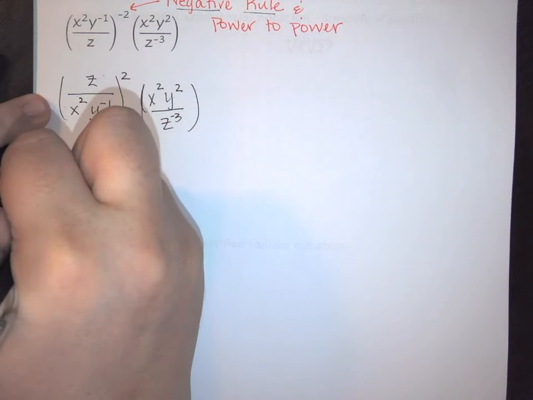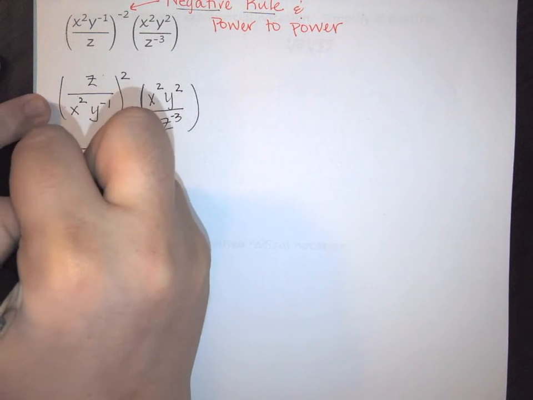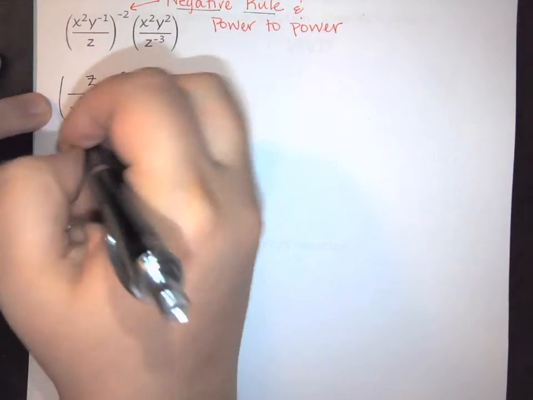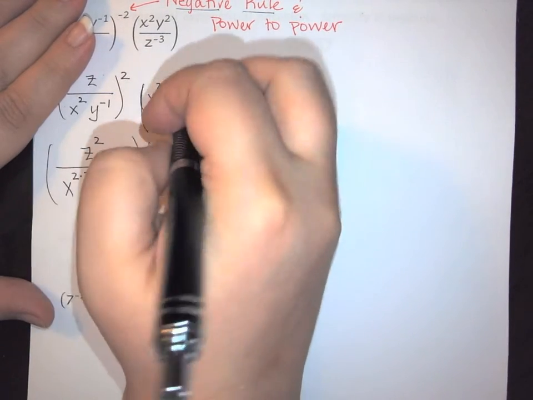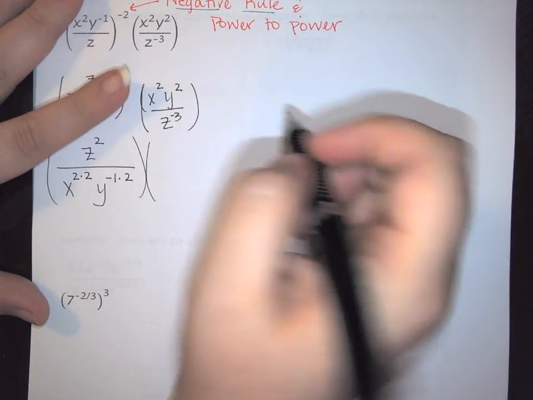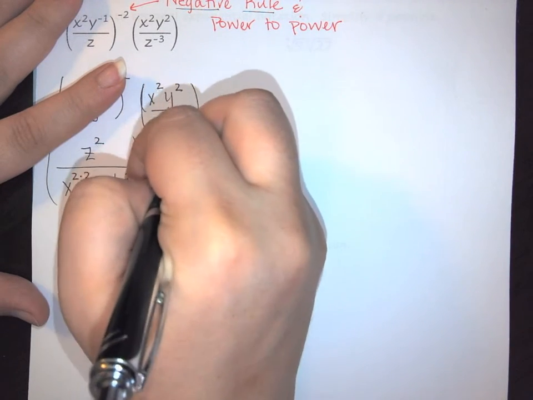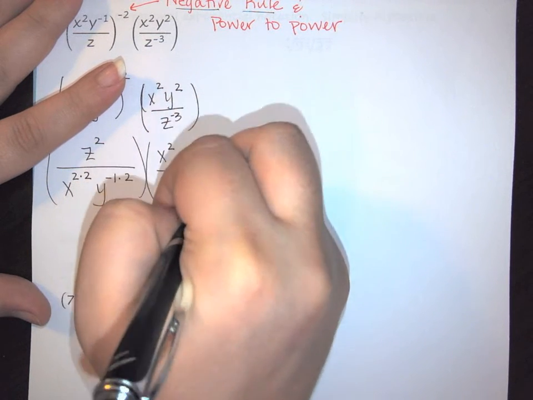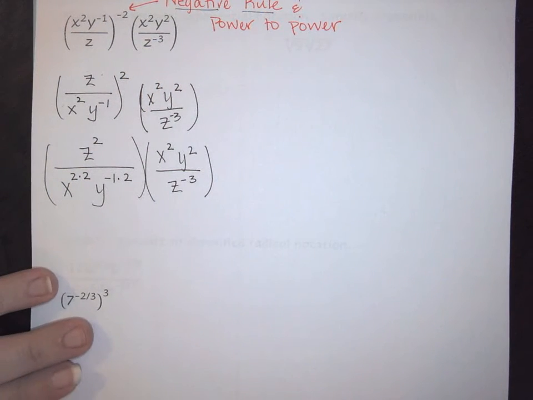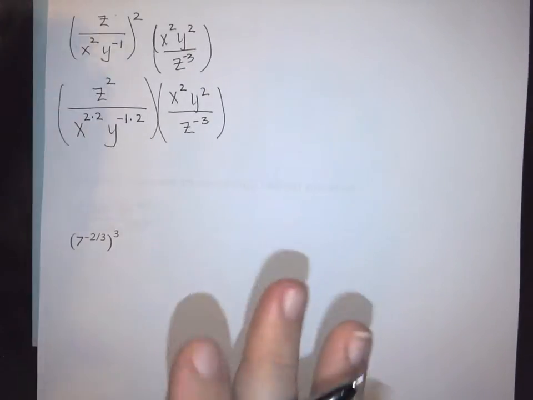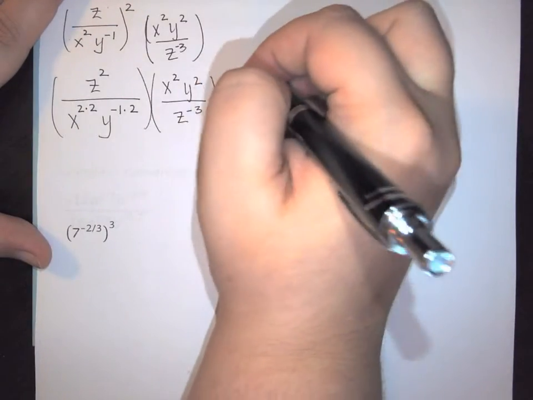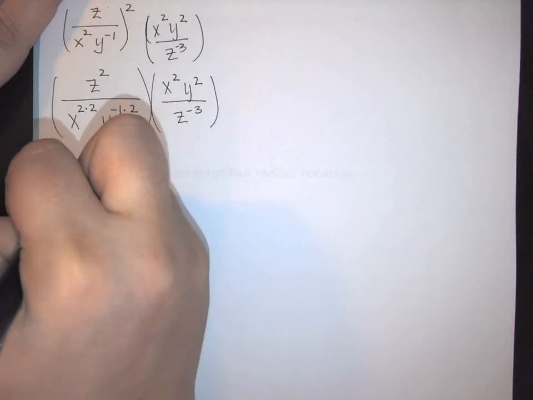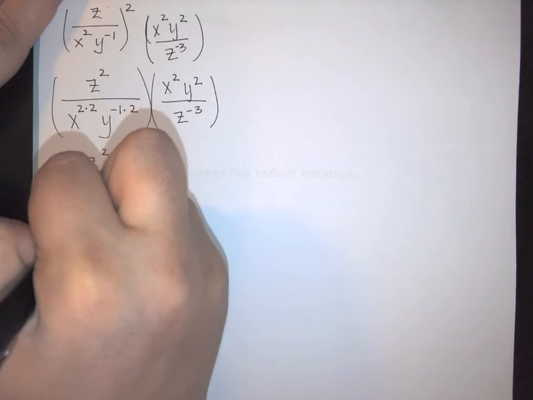On the bottom, we're going to have x to the 2 times 2, and y to the -1 times 2. And we are multiplying this by the other side, which is x squared y squared over z to the -3. So what we're going to get here is z squared over x to the 4th y to the -2,